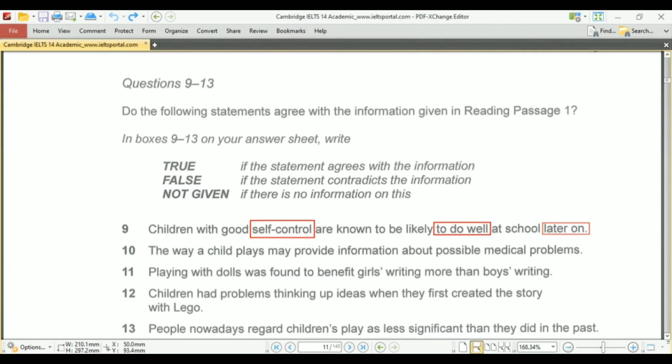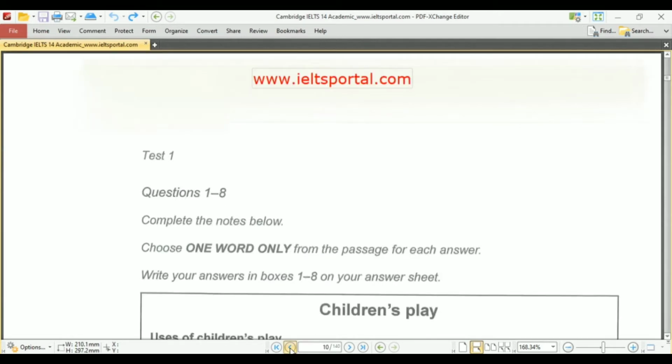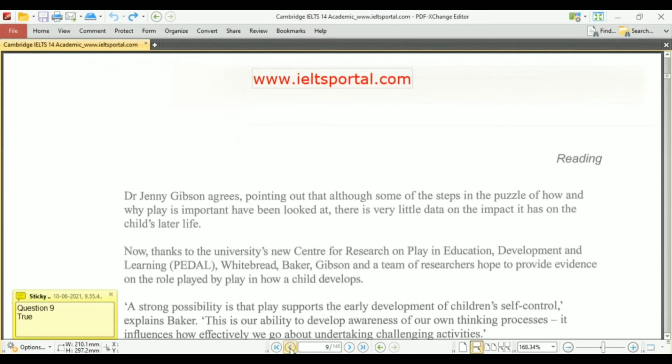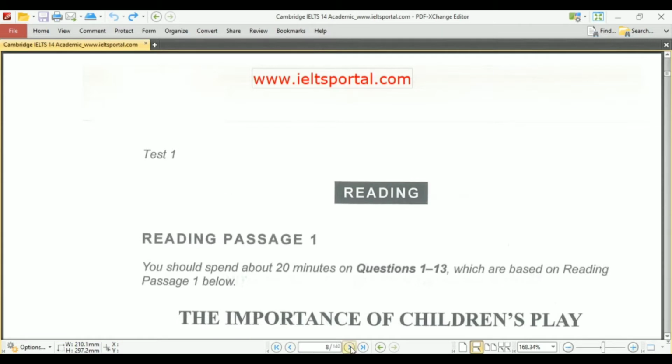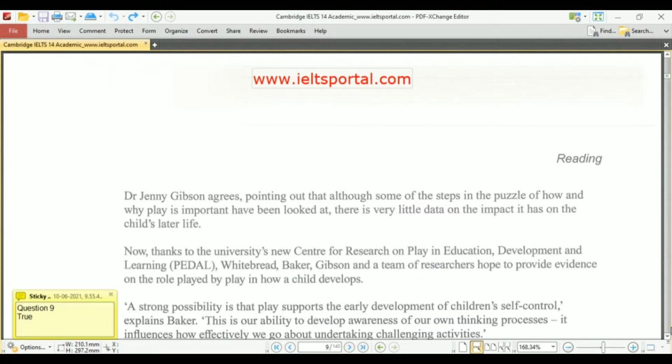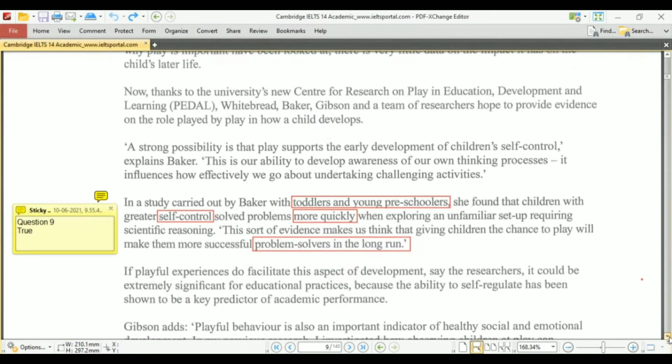Now I have already searched the passage in which you will get the answer, but when you practice, you are going to find the passage yourself. Okay, let's see where the passage is and we will go towards it. Okay, here it is. I have marked it here. I already marked it as True in the answer, but let's see how it is True.